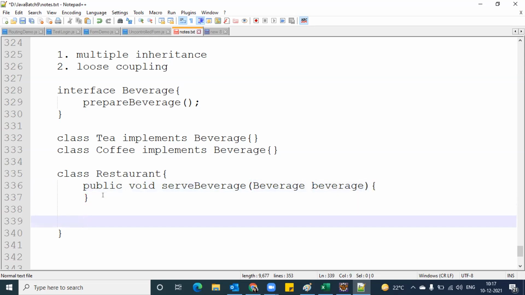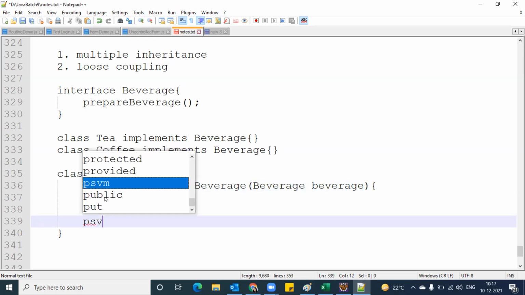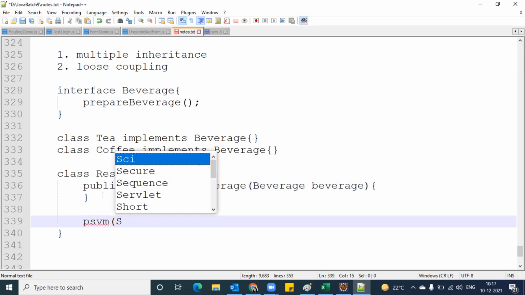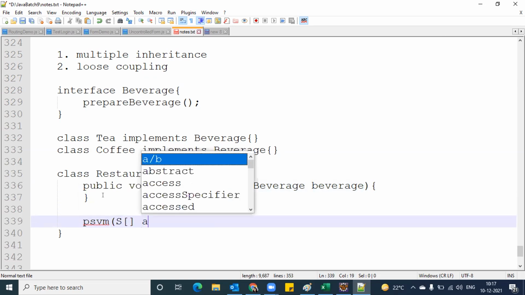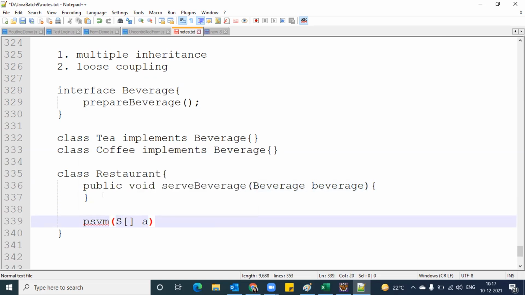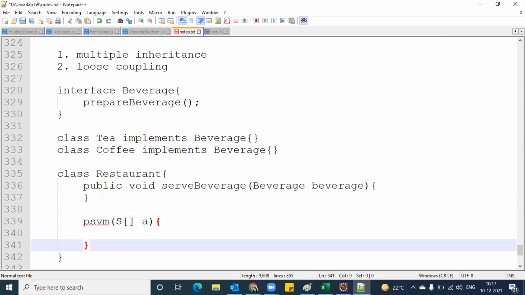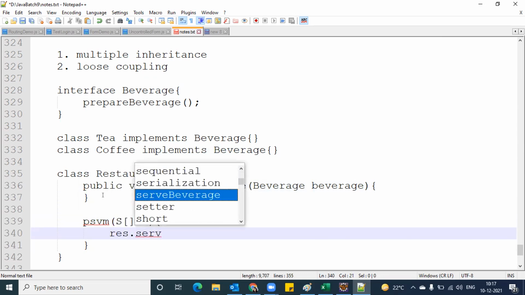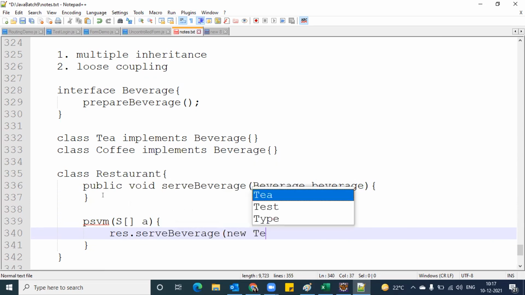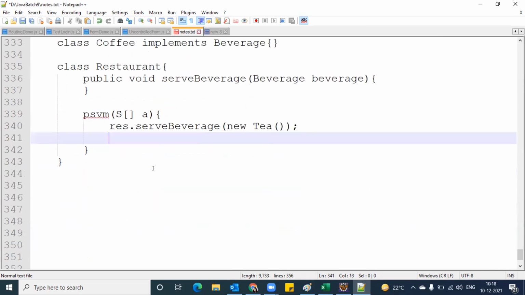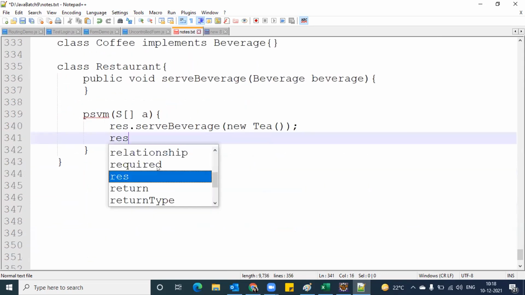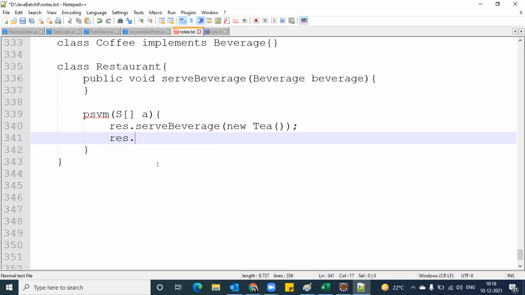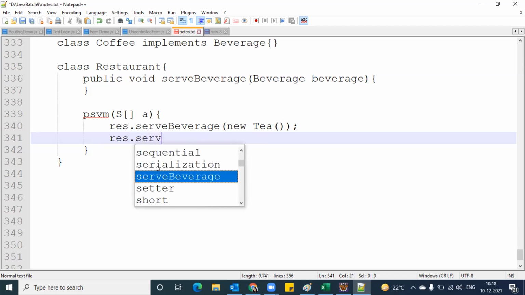So while invoking this method, suppose public static void main, string args, restaurant is the object, and whenever I'm using serve beverage, I can pass a parameter of type beverage, because say the customer has ordered tea,